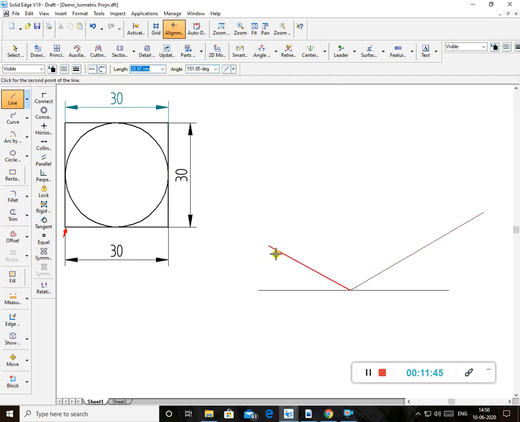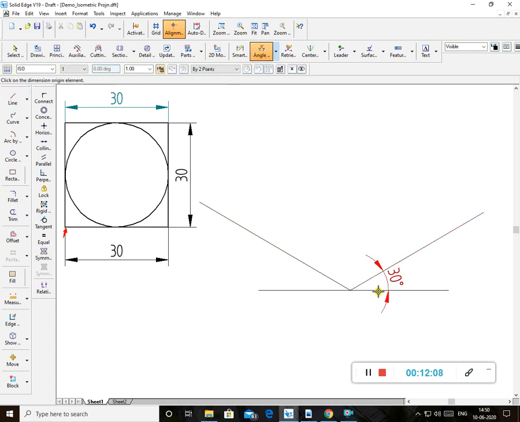Then I draw a line from here, again at 30 degrees. Here the angle is 150, so if I set 150, it becomes 30 from this side. So I'll draw a long line like this. On this line, these lines are 30 degrees. Remember, these lines are 30 degrees. You have to do it manually. Now I'll remove the dimension of this angle because I want to show the drawing.